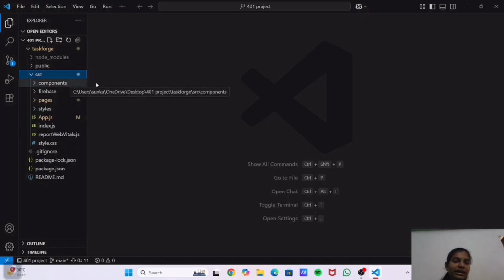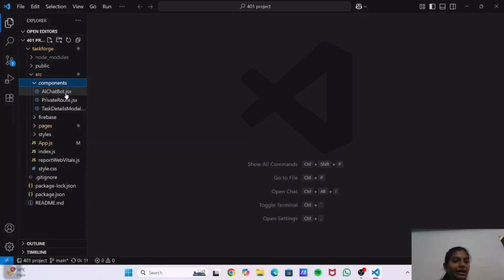Inside the src, I created some other folders like components, firebase, pages, and styles, and files like app.js, index.js, and reportWebVitals.js. These are all initialized when I create a React app. Inside the components folder, I created some JSX files. In the Firebase folder, I created a file named config.js,